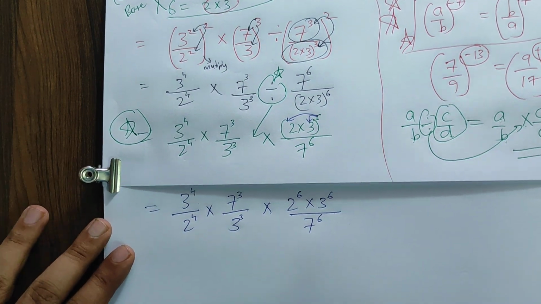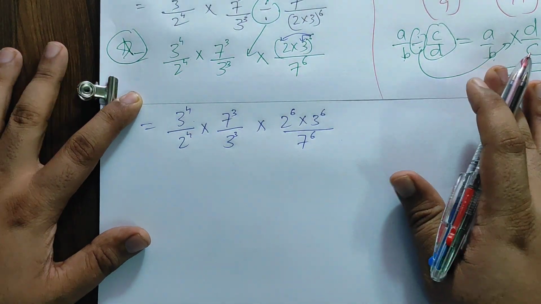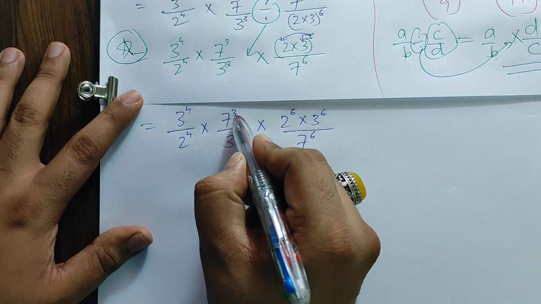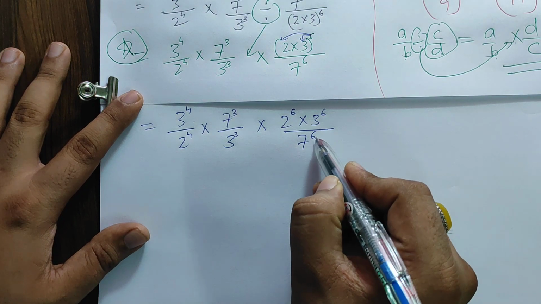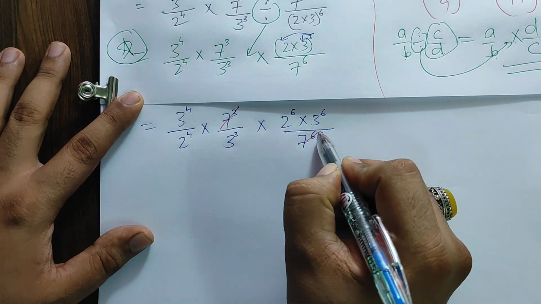Now the key step, all of you, all eyes over here please. Everyone please see here. So here we have 3 times 7, 7 into 7 into 7. Here we have 6 times 7. So this 3 times 7 goes off and only 3 times will be left over here.